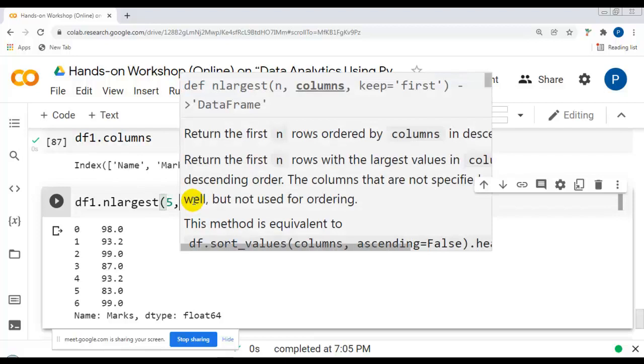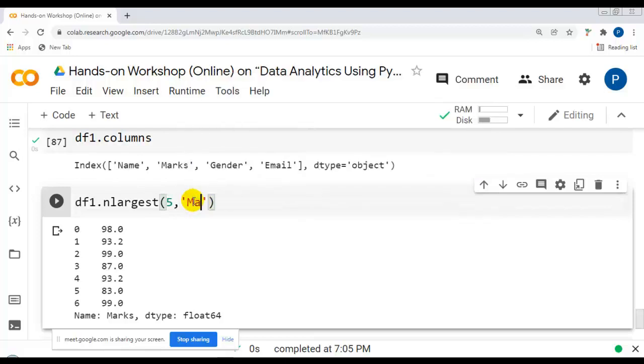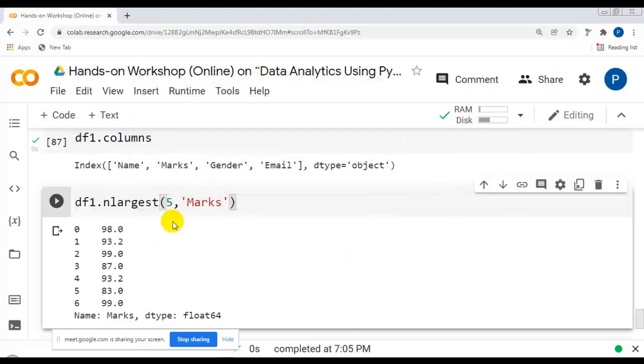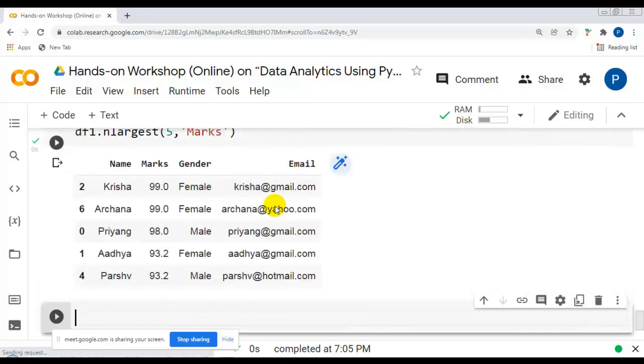I want the top 5 as per our marks column, so we can directly use the nlargest method. Here n means the first n rows. nlargest takes two parameters: n rows ordered by the given column. So this is the column, I want n rows, here 5, ordered by this marks column. Let me execute this cell.